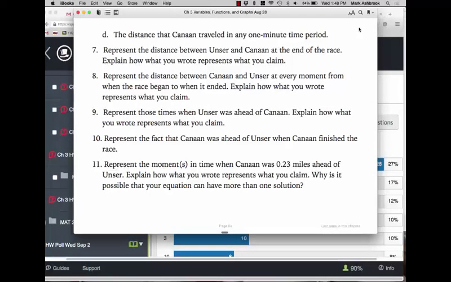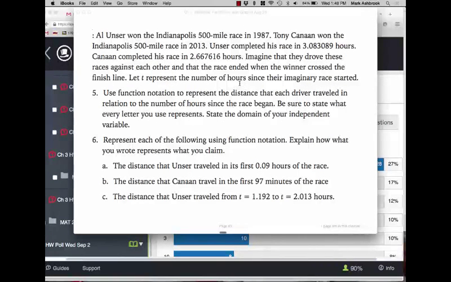Okay, so earlier in this problem, you had to use function notation to define the distance that each driver traveled in relation to the number of hours since the race began. Okay? And they said use t as that number of hours since the race began. So for that, we'll use